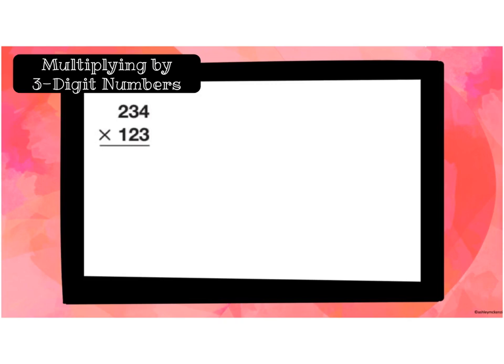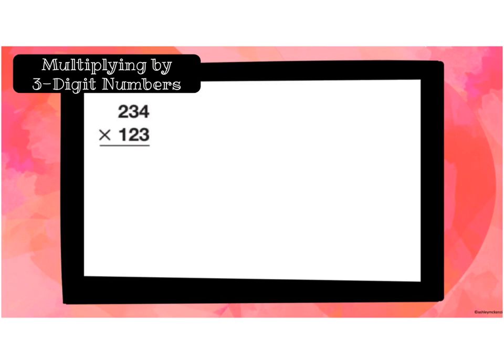We have 234 times 123. So what I'm going to do is use a different color for each one of my digits in this second factor that I'm multiplying. The first thing I'm going to do is multiply out the 3 to all of the